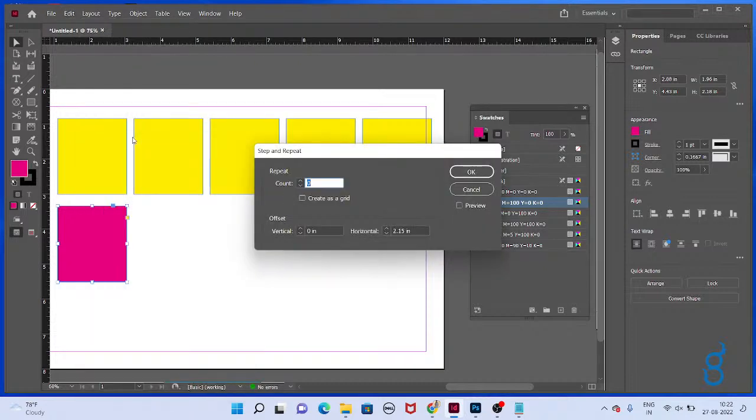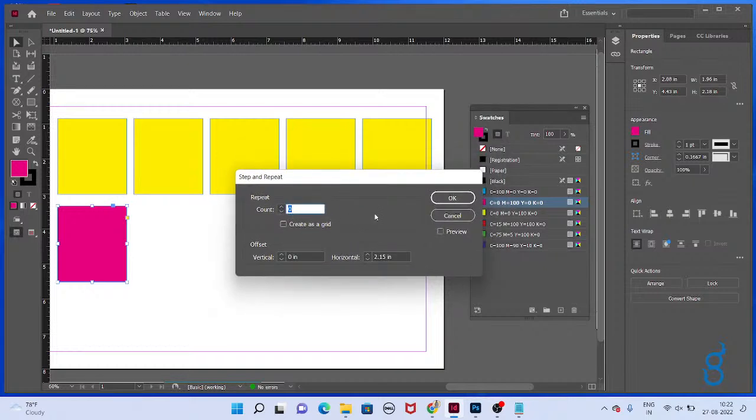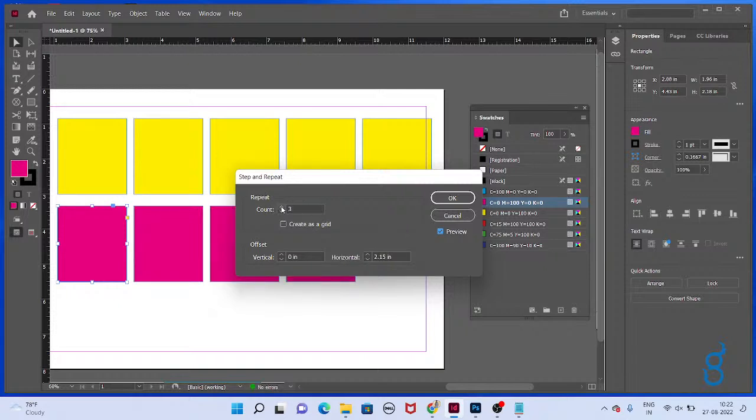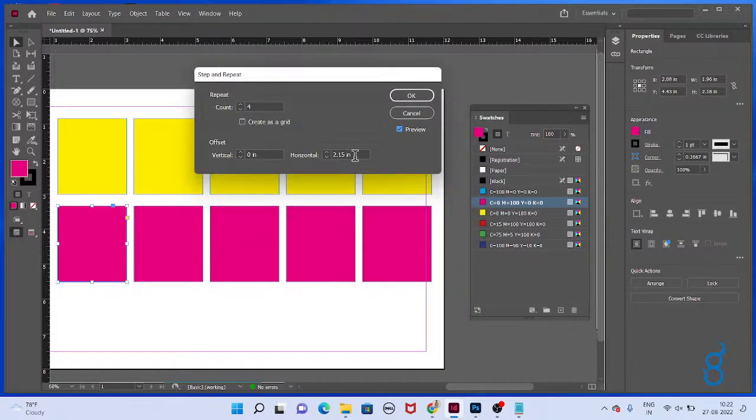Control Alt U, it is an action. Come to the action and use Count, take a preview and use count. How much angle has been taken, how much distance has been taken, with 2.15 inches. Is it clear? The difference between Duplicate and Step and Repeat: it is taking the perfect value and